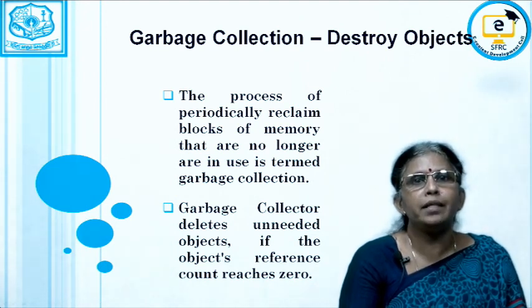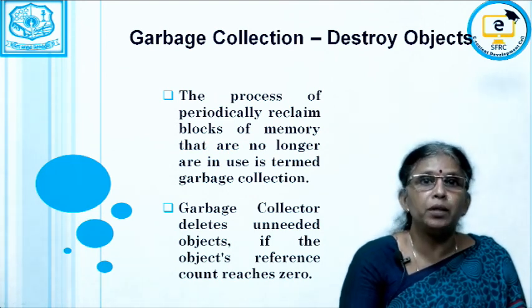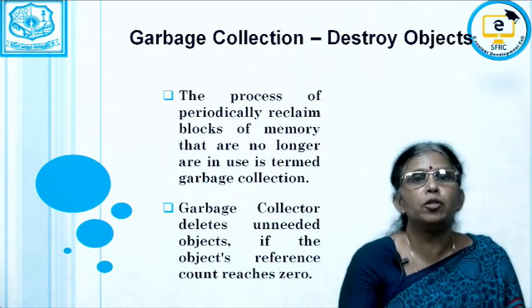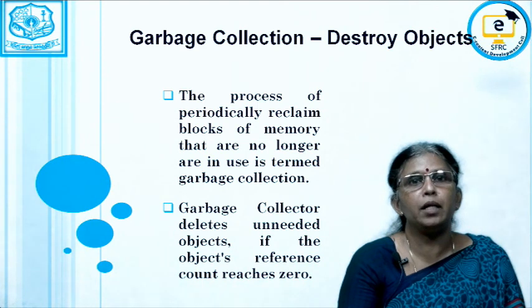So the garbage collector deletes unneeded objects if the object's reference count reaches 0. Why reference count? Some objects can be referenced by other objects. So when the count reaches 0,